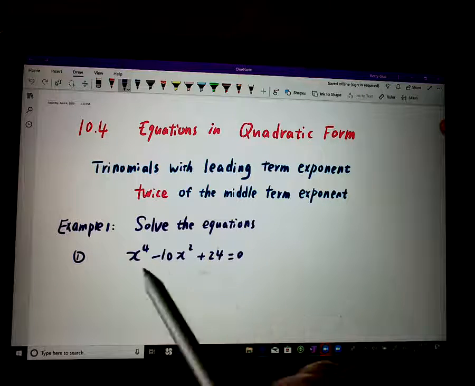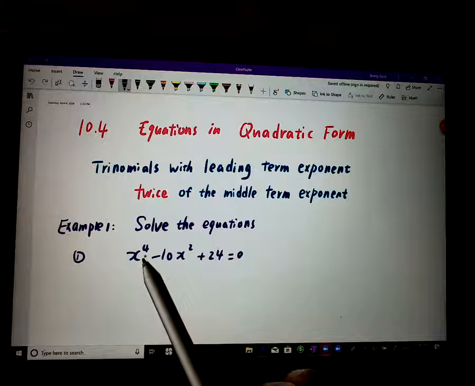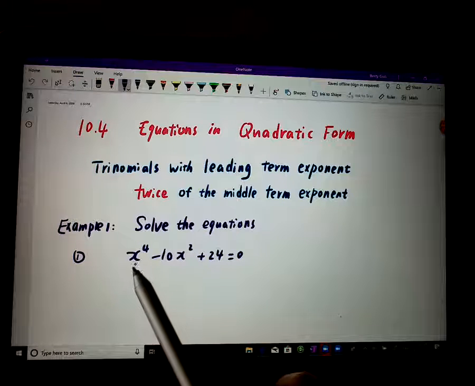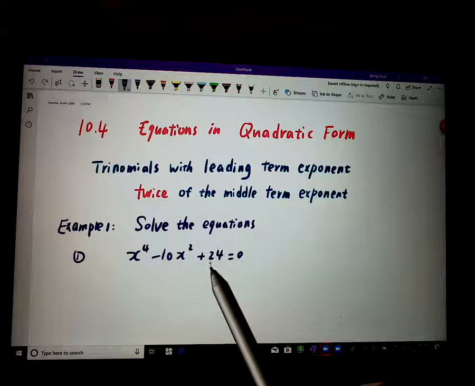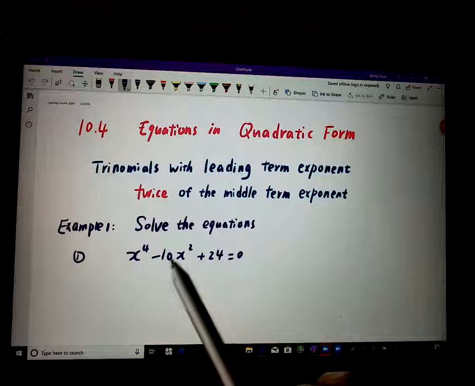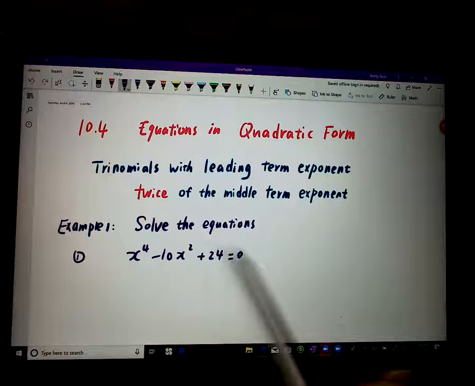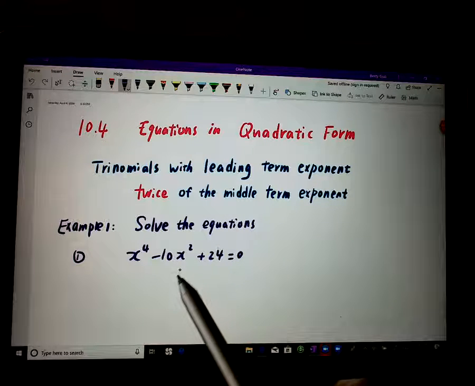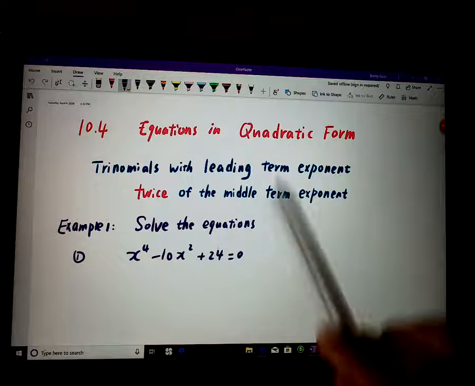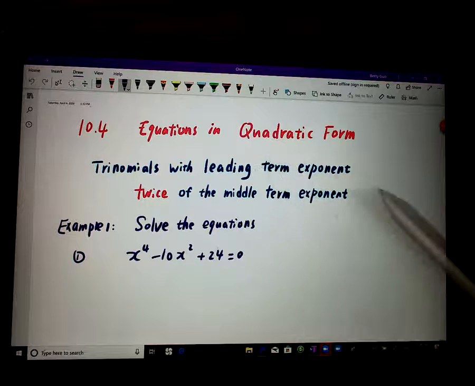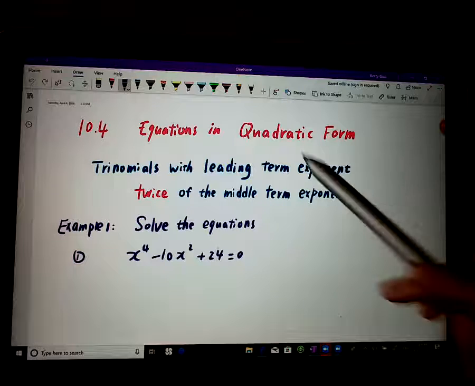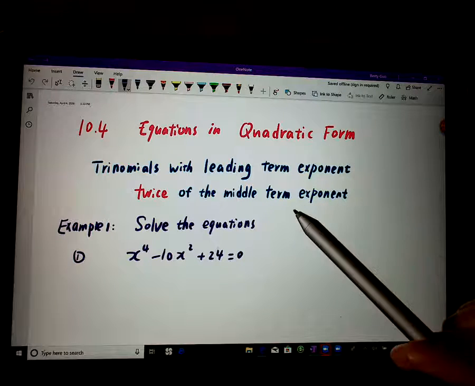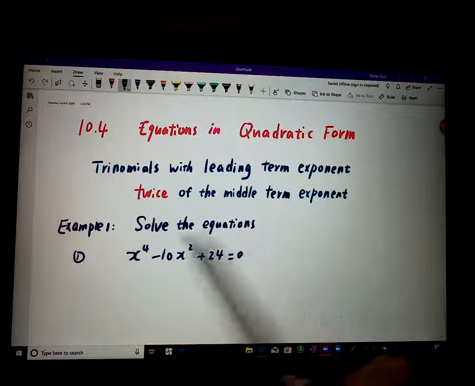But if we look at this equation, the biggest exponent on x is 4. So this equation actually is a polynomial equation with degree 4. It's not a quadratic. However, this equation is a quadratic in form. Then what kind of equation is quadratic in form? One standard form